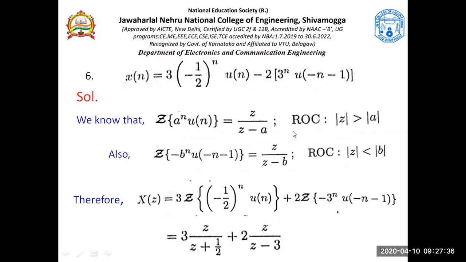So this is what we have now. Now, what does the ROC say? If it is Z by Z minus A, the ROC is outside, Z greater than A. If it is Z by Z minus B for negative time exponential,